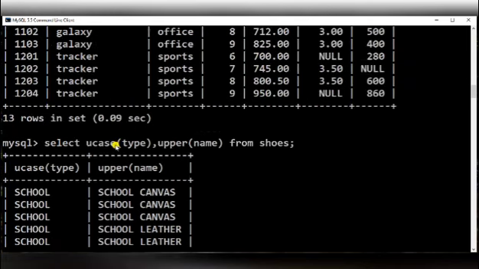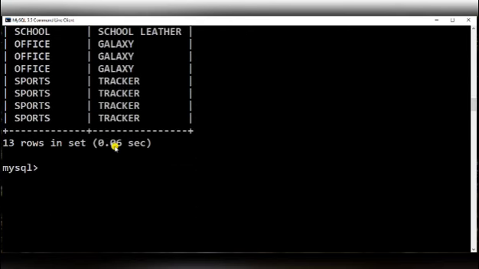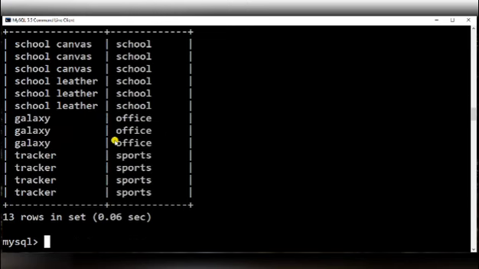Contents will be completely shown in lowercase. Let's see how it works. Now, as you can see, the contents are in lowercase.